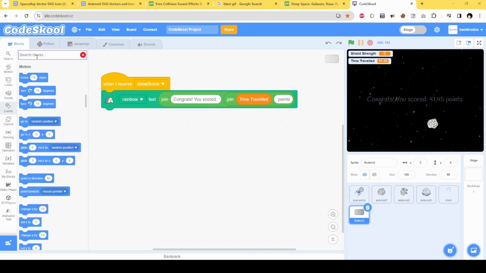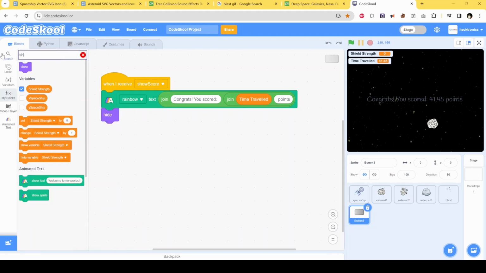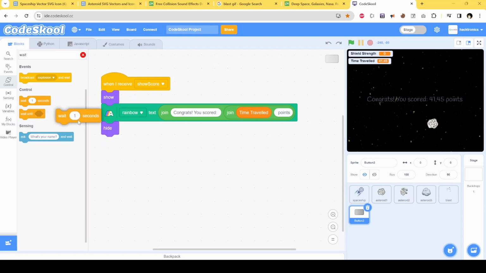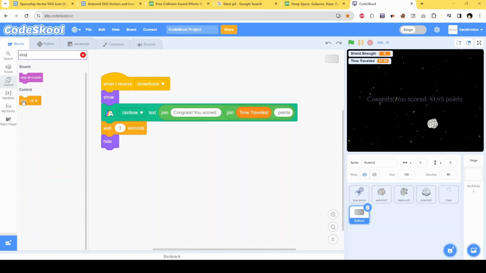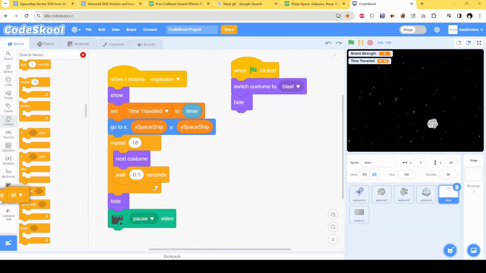And once it is shown, I'll just hide it, and before that I just show it, and maybe wait for 1 second, and then stop everything. And in the blast, I'll remove this stop and say